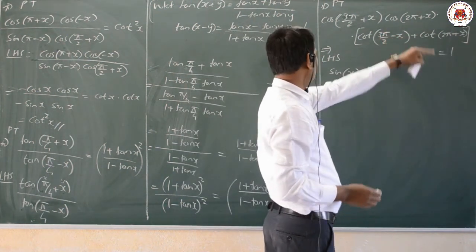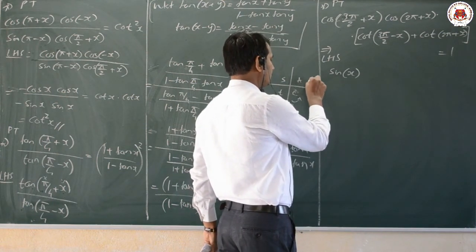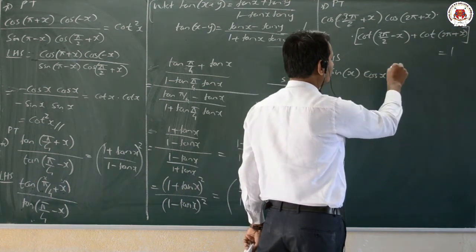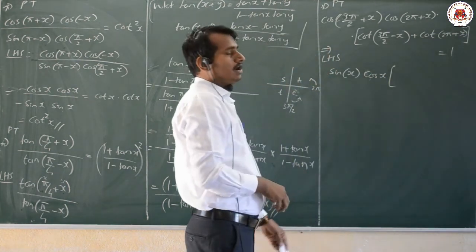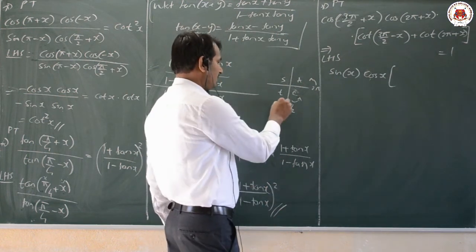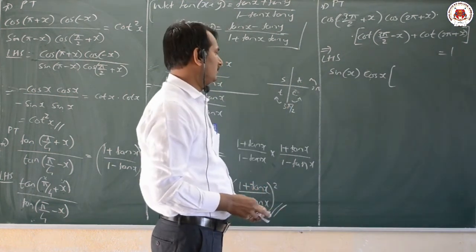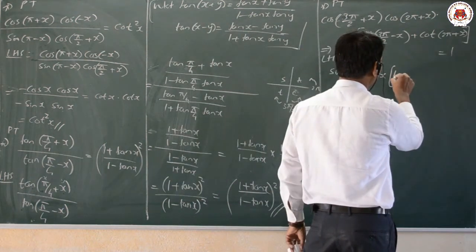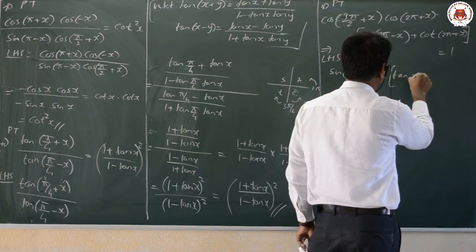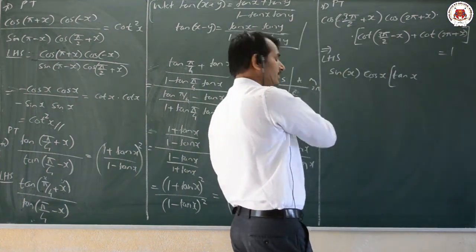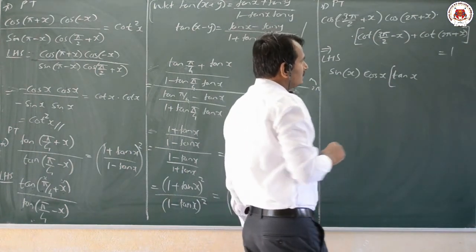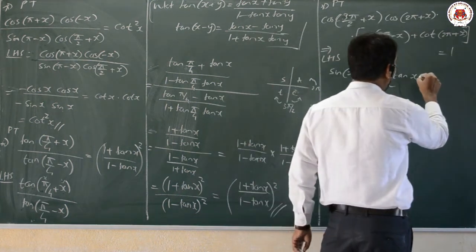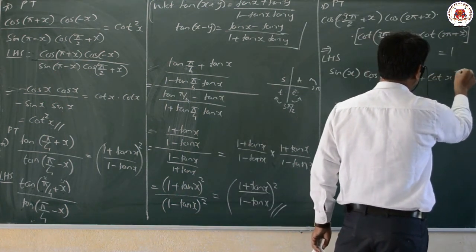Similarly, cos of 2 pi plus x means it comes in the first quadrant only, so the value remains the same. That is nothing but cos x only. Then cot of 3 pi by 2 minus x, it comes in which quadrant? That is the third quadrant. In the third quadrant tan and cot are positive and the value changes. Cot becomes tan x, and cot is positive in the third quadrant. Dear students, similarly cot of 2 pi plus x means it comes in the first quadrant, again it is the same, cot of x here.